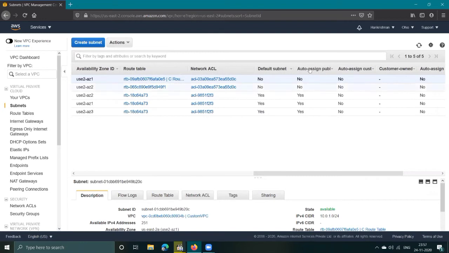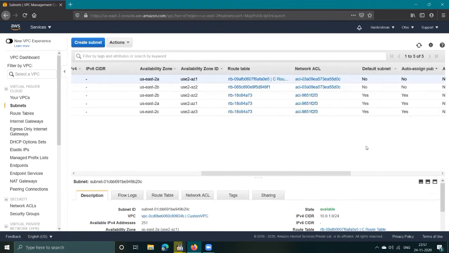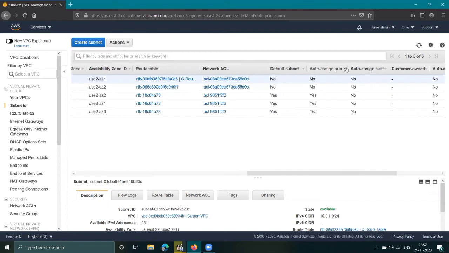Go to the subnets, select subnet 1, and look at auto-assign public IP.